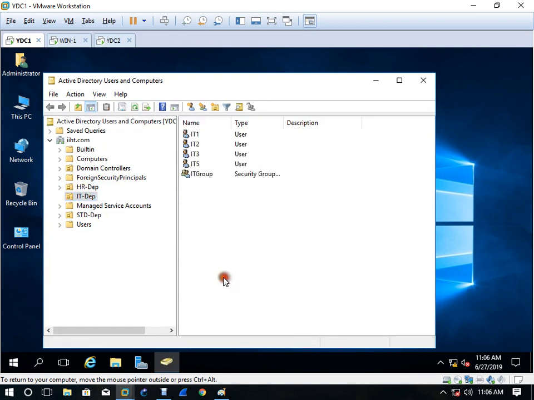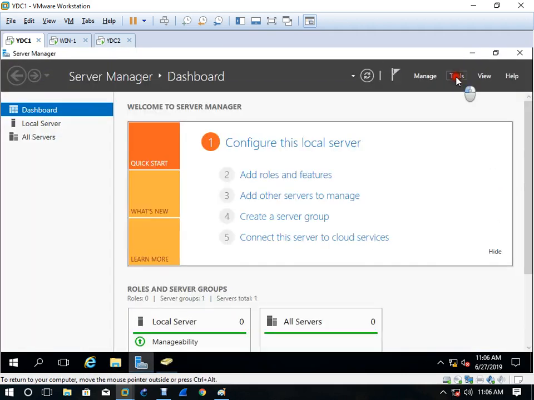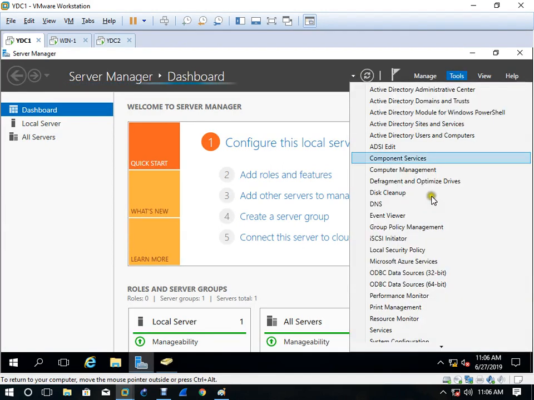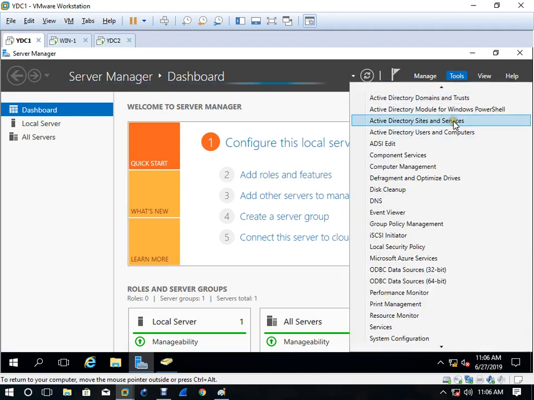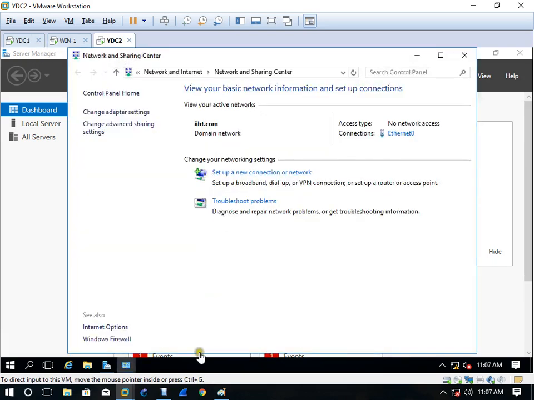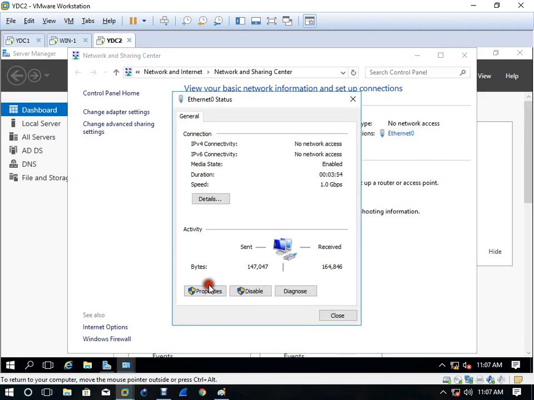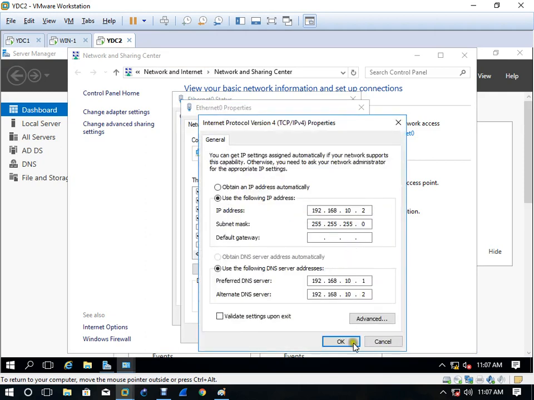Still not replicated. I'm on the ADC backup server. Okay, let's check the DNS. Okay, fine.